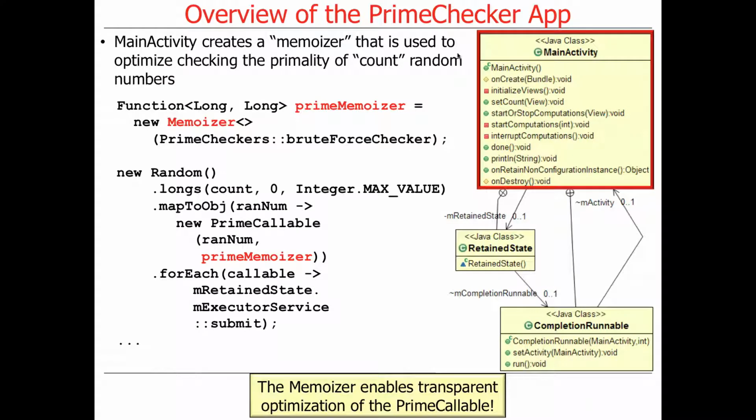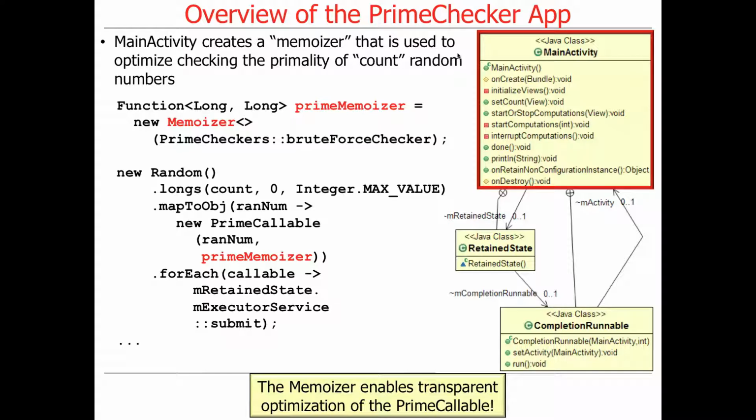All right, so the next thing is that the main activity creates a memoizer, and the memoizer is what's going to be used to optimize the prime number calls by being able to cache the values. We'll take a look at that in a second. You can see how it gets initialized here. We create a function, but it's actually a memoizer. And we'll look at that code in a second. And that's going to be used to transparently optimize the lookups, depending on the circumstances,